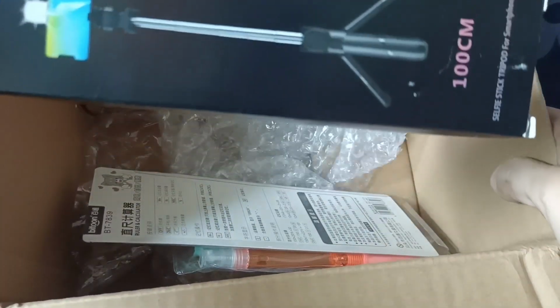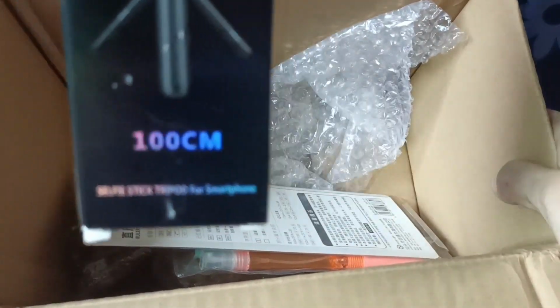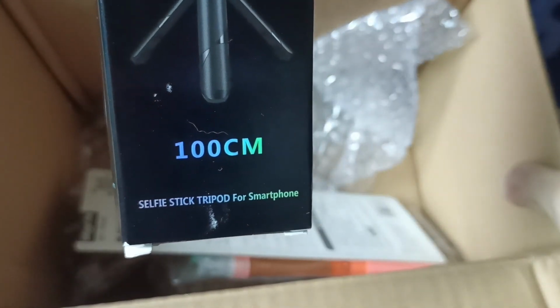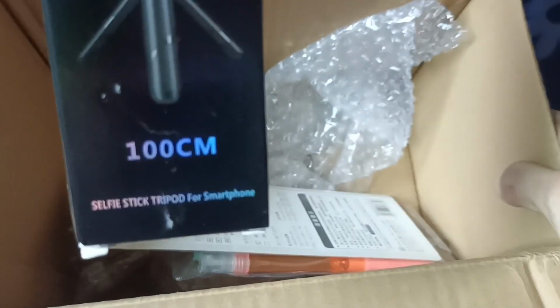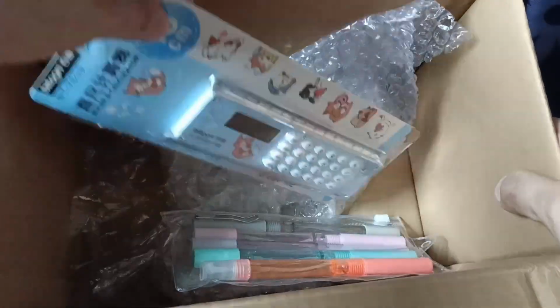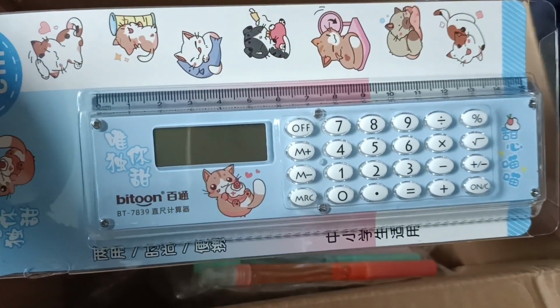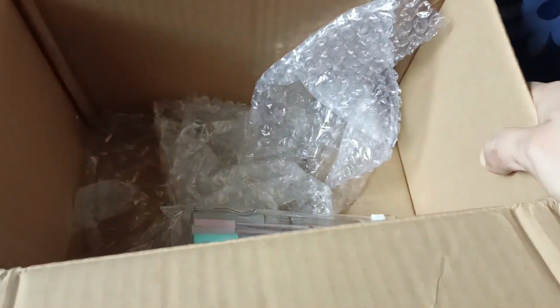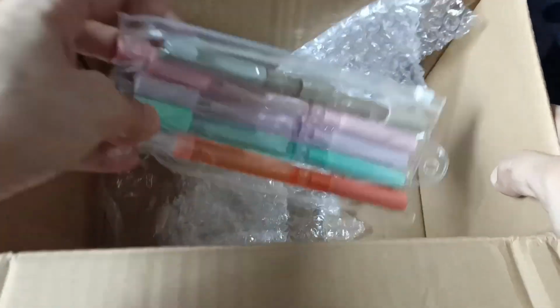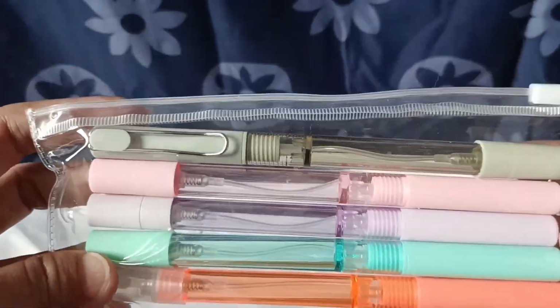and this one is selfie stick, 100 cm. Okay, and this is calculator, same time ruler, and this one is a pen,